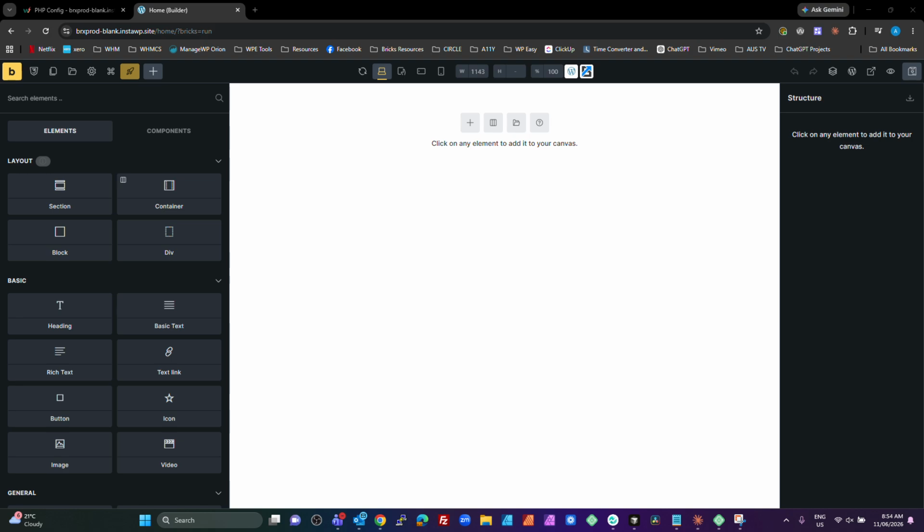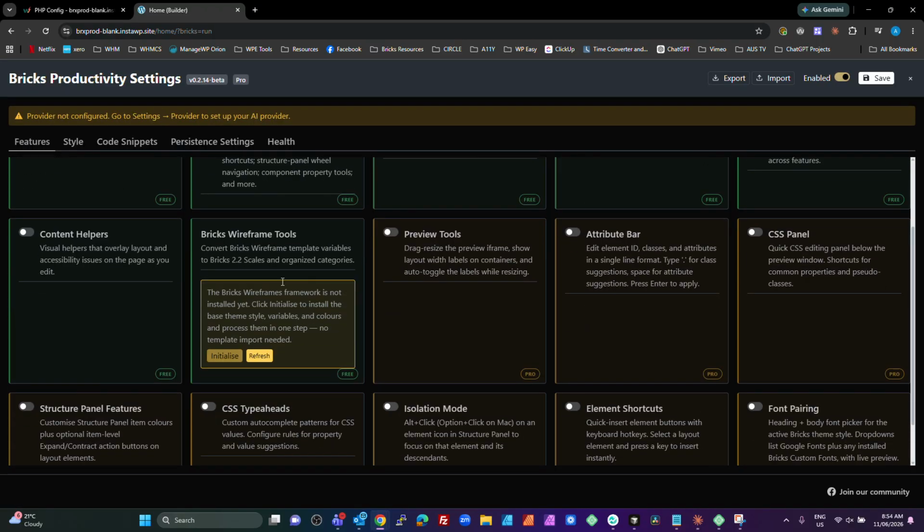On the screen at the moment you can see an empty Bricks editor window, which is a fresh Bricks install with BRXProd installed as well. Now you can see the icon up the top left for the productivity settings for BRXProd. The first thing we do is click on that, and we see down in the modules here we've got our Bricks Wireframes tools, and because there is no framework installed whatsoever, it's going to have a button here that says